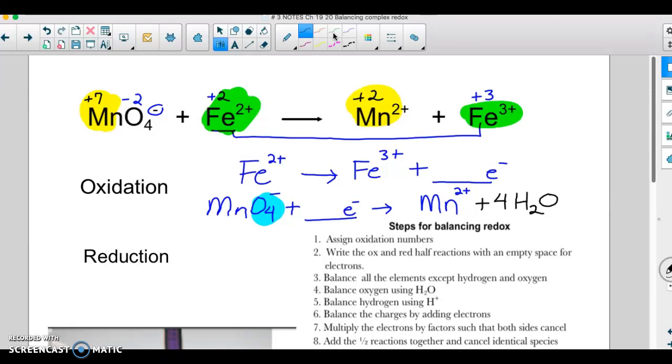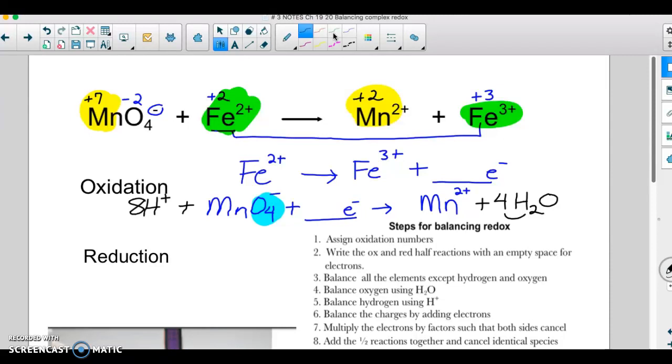And then you can also see now I have hydrogen on the product side. I have 8 hydrogens. So on the reactant side, I'm going to want to add that back in. So these hydrogen ions actually came from the acid, which we don't see because the acid was not oxidized or reduced. So I'm just done now with steps 4 and 5, and now I'm going to balance the charges by